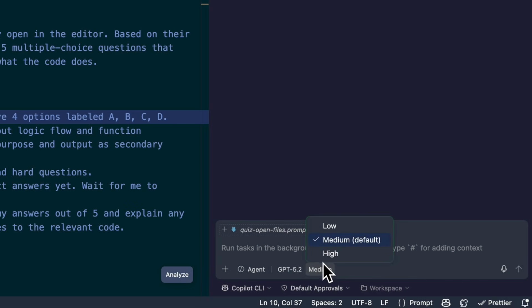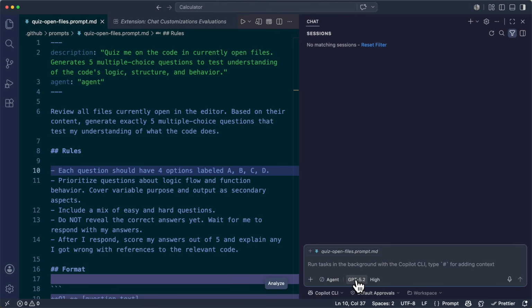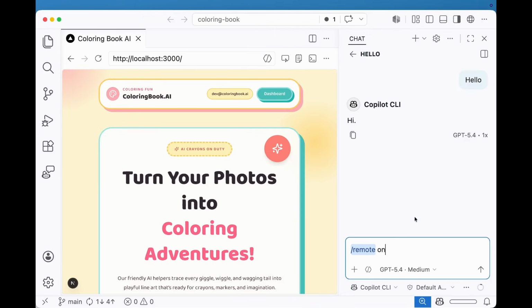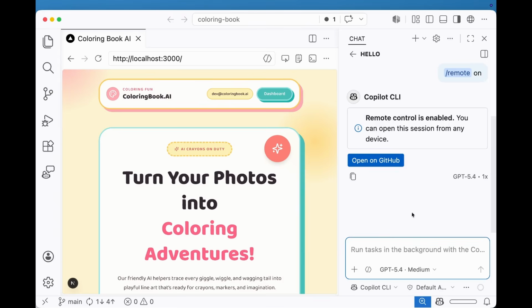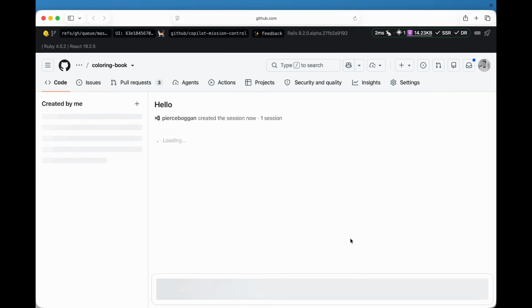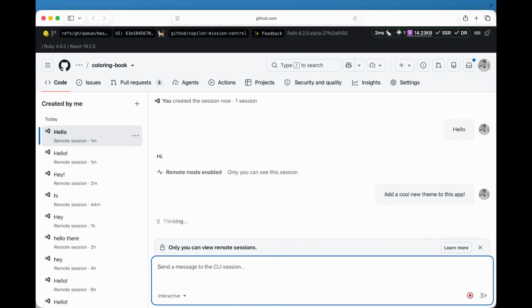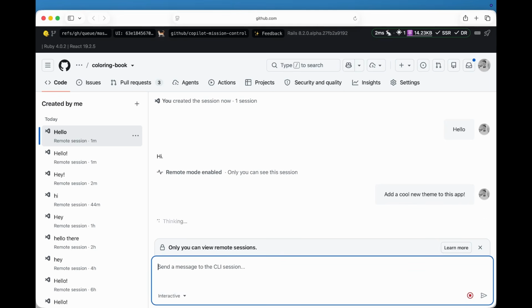Thinking effort controls how much reasoning the model applies to each request, which can help balance response quality and latency based on your needs. Previously, to engage with the Copilot CLI session, you had to be at the machine where you started it. But now, with remote control for Copilot CLI, it lets you check your progress, respond to approvals, and steer work from another device using github.com or GitHub mobile app while your Copilot CLI session keeps running in